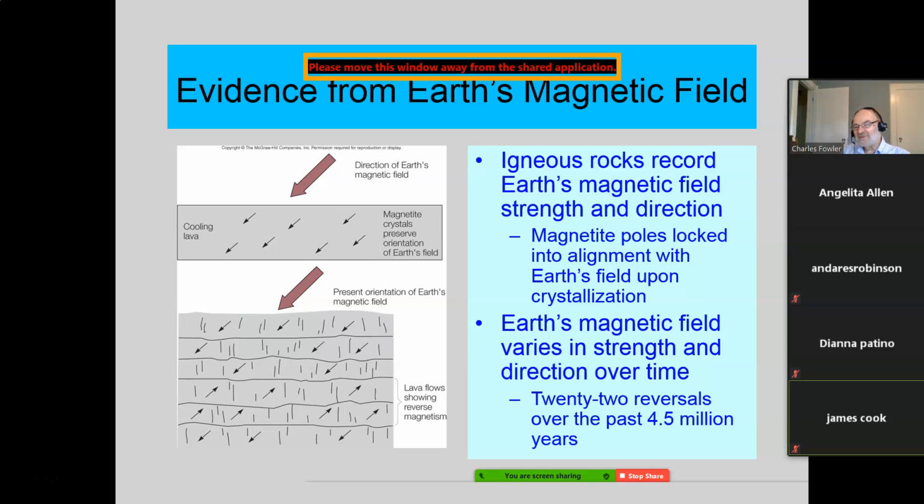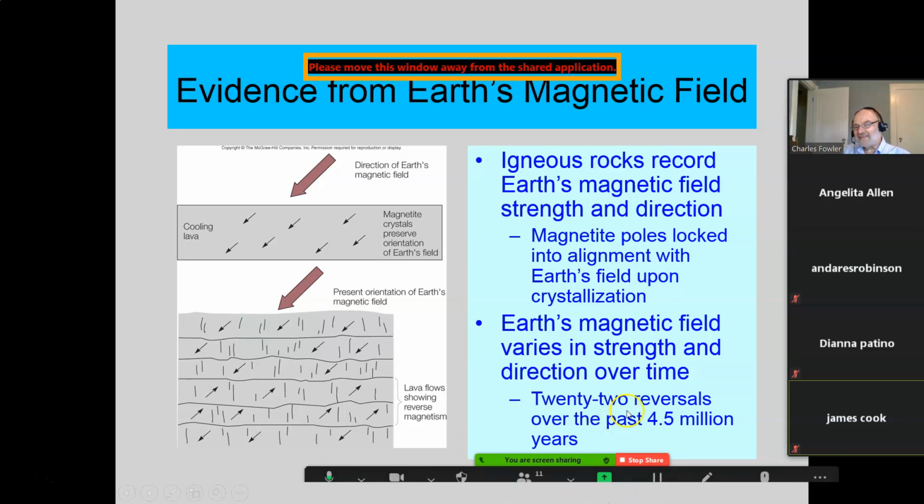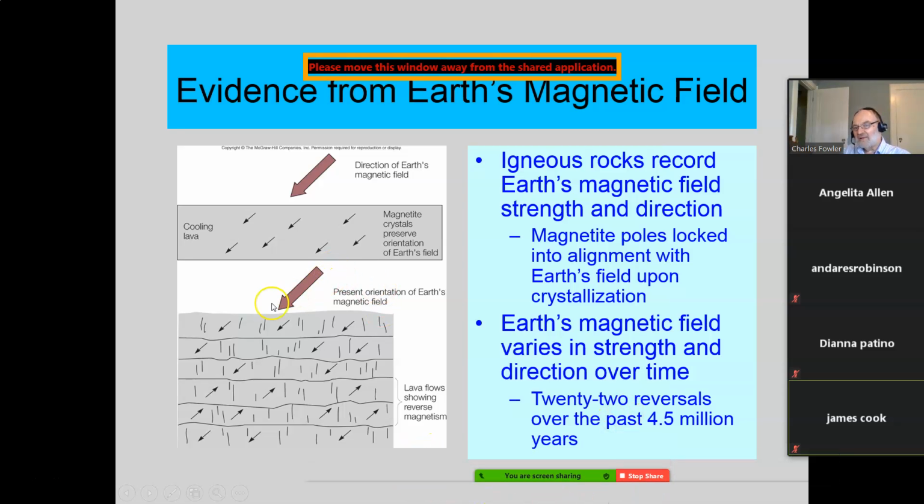Now, I think this is a little bit faulty indicator, but number one, you notice the magnetic north is not pointing horizontal to the Earth, it's pointing downward. That's because we live on a globe. And if we're here on the globe right here at 33 degrees 23 minutes 45 seconds, and you wanted to point toward the North Pole it would be down that way. You'd have to go through the Earth to get to the North Magnetic Pole. Okay? If you point it this way, you're pointing out into space there, not toward the true magnetic field of the Earth. So that's why there's always this downward component.